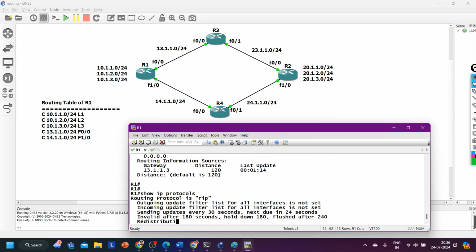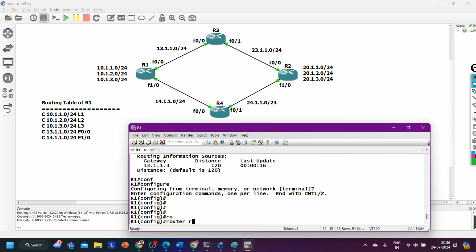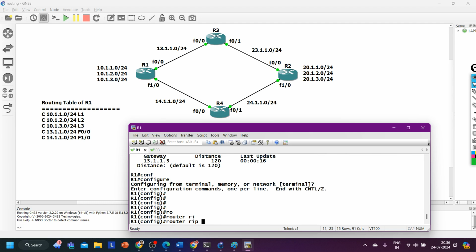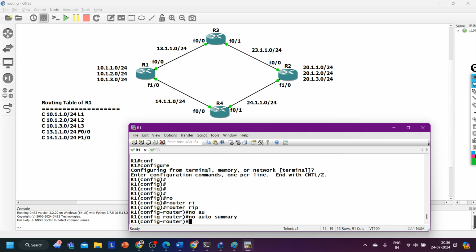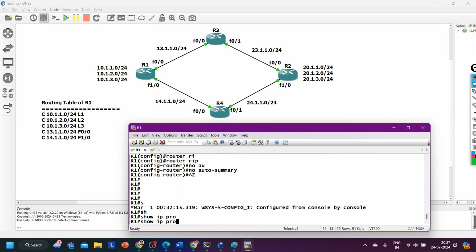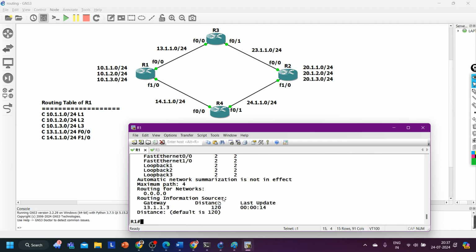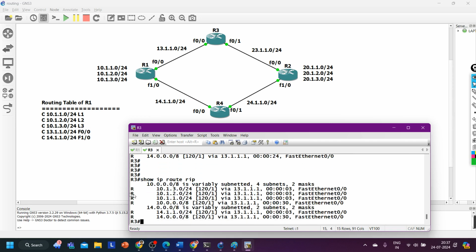No? Okay. So by default automatic summarization is enabled over here, so I am going to disable it. The command is router rip. Whatever command you are going to run for the RIP routing protocol, you will run under router rip. And here I am going to say no auto-summary. This command will disable automatic summarization. Now if you check show ip protocols, you can see automatic summarization is not in effect. And now if you check the routing table of R3, show ip route rip, you can see